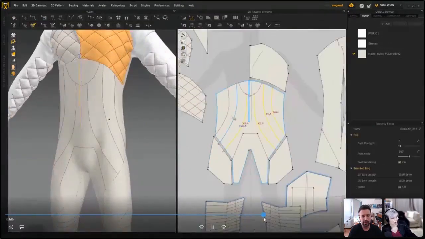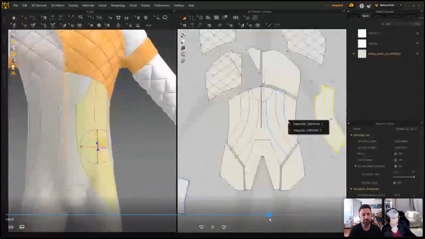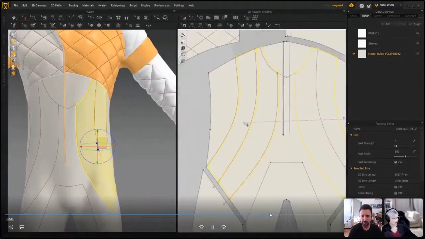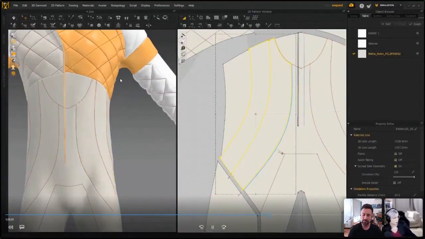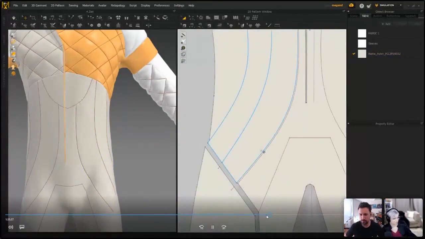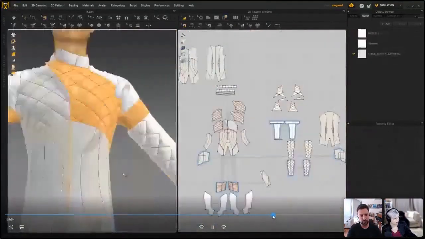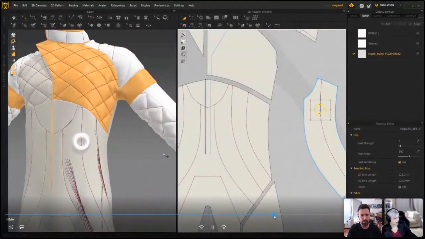So here, again, going back, I'm just doing more design choices. And here I'm adding another layer for more wrinkles and more texture. And I'm adding pressure to this one as well. And here I'm actually importing